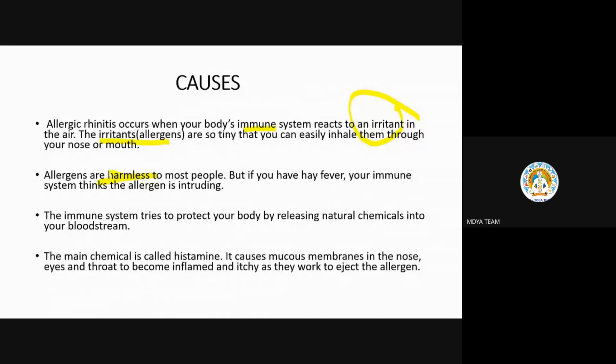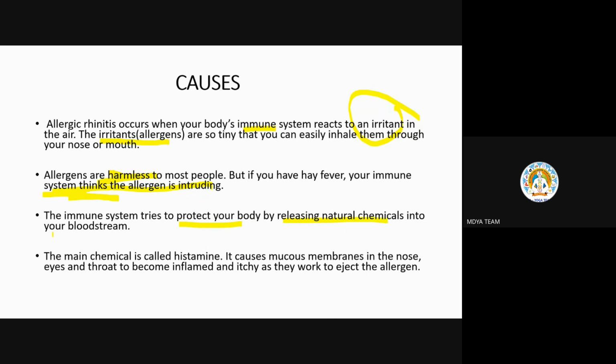But if you have hay fever, meaning allergic rhinitis, your immune system wrongly thinks that the allergen is intruding, that it is harmful for me. The immune system tries to protect your body by releasing natural chemicals. To protect itself, it will release some natural chemicals